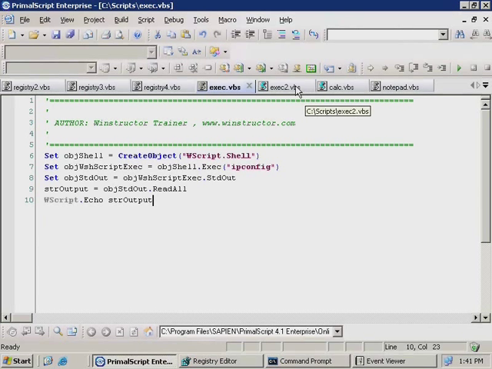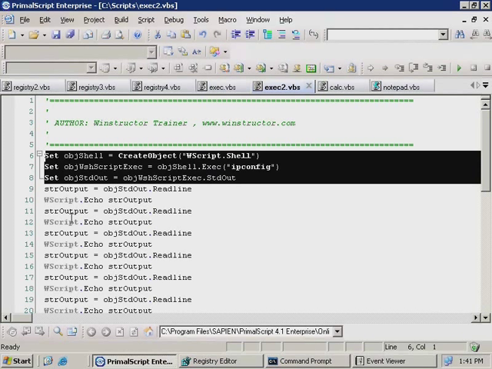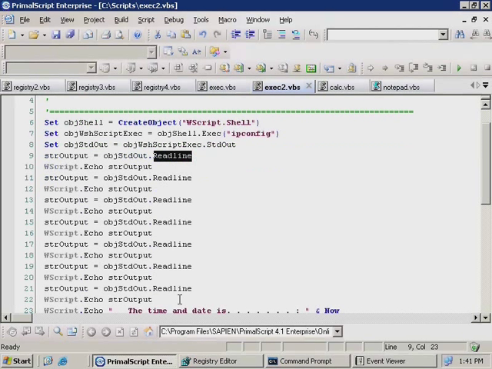Okay, well, here I have another script which is almost the same as the last one with a few minor differences. In this script, the first 3 lines are the same as the previous one, however on the 4th line, we're using read line instead of read all to individually produce each line of output one at a time. Now this allows us to selectively write or skip entire lines of output if we like. So in this script we'll be displaying a bunch of lines from the ipconfig command's output, and there's 7 of these lines in total,